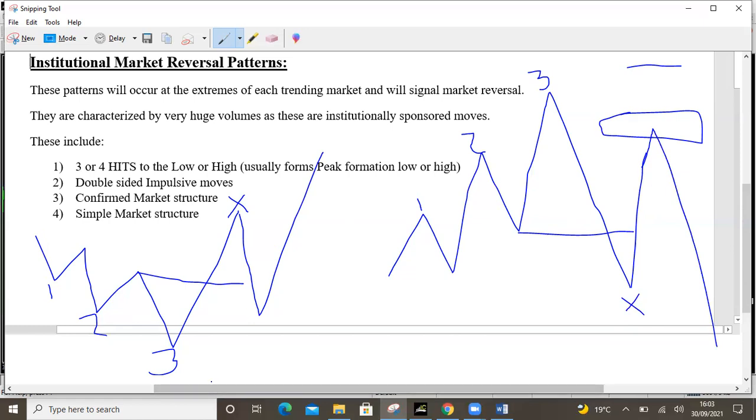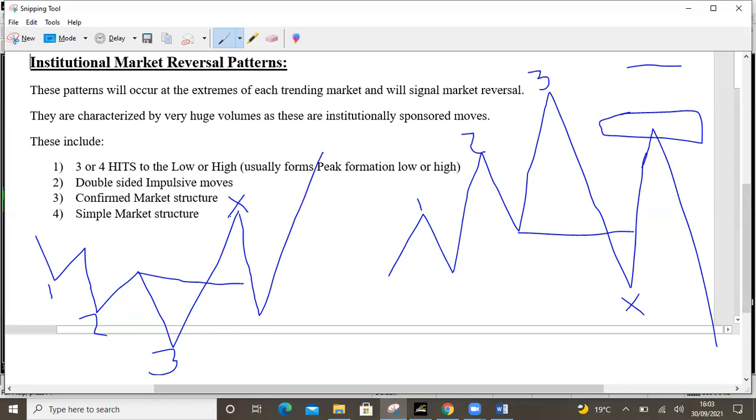So there could be a fourth low here or a fourth high here. How do you tell? I know the question would be, how do you tell that there will be 3 or there will be 4? Okay, how will you tell? If this market that breaks structure, is